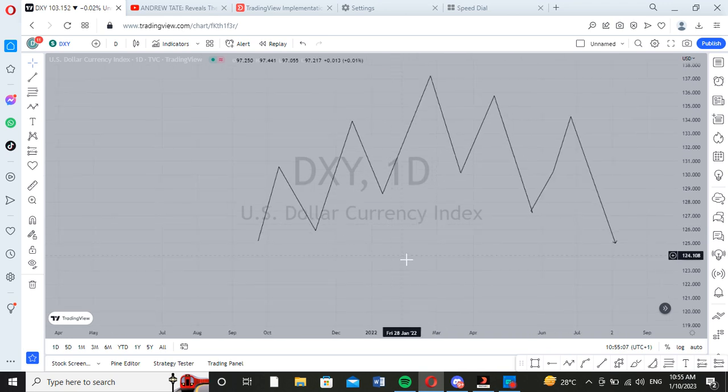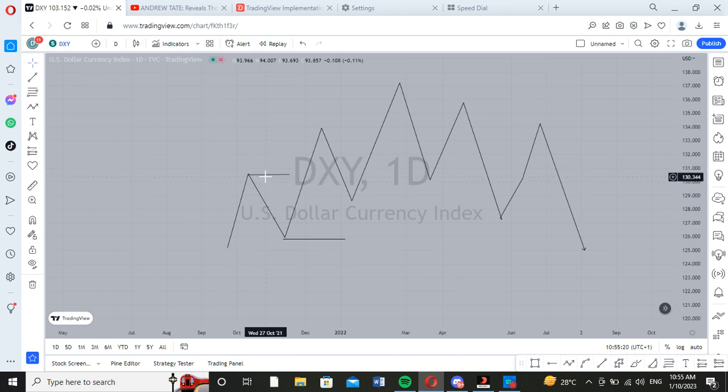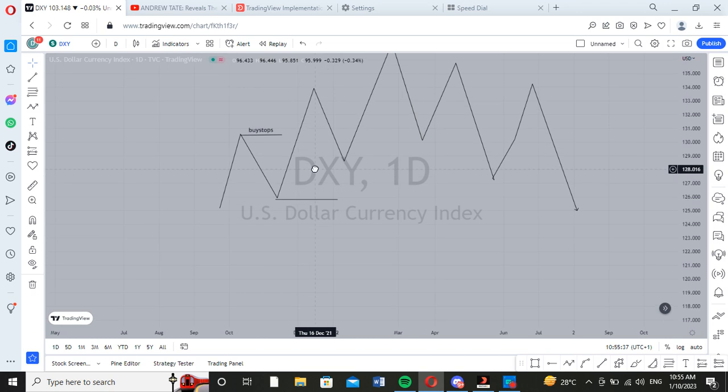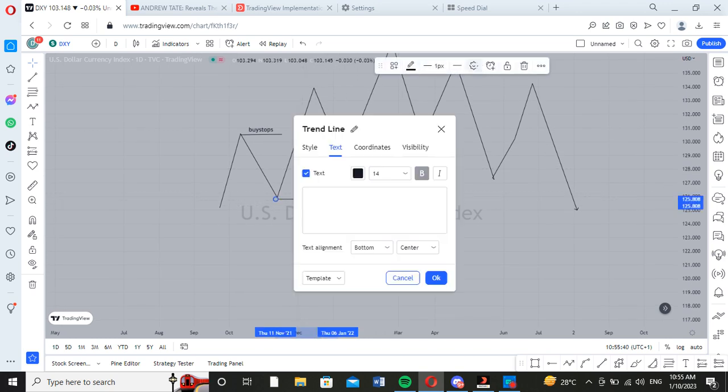Now, with the idea of understanding institutional concepts, the smart money concept, and understanding how the market operates, we do know that every high has buy stops, right? So what does that mean? It means that we are having liquidity resting above the high, right? So if we have buy stops on every high, then we are having sell stops on every low,